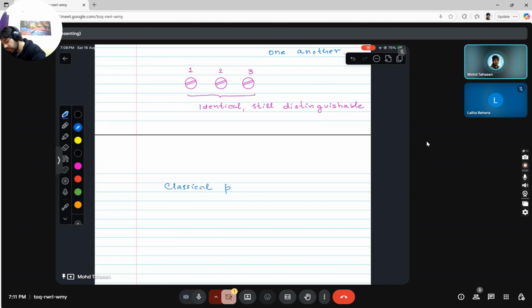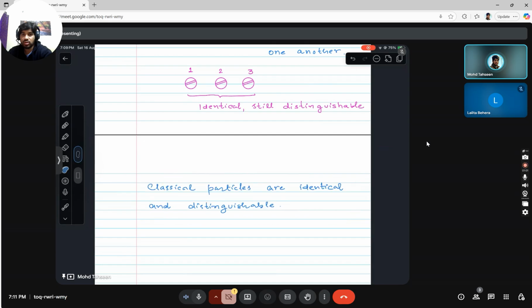Classical particles are identical and distinguishable. And naturally we would assume that there are other particles, which we call quantum particles later, which are identical,